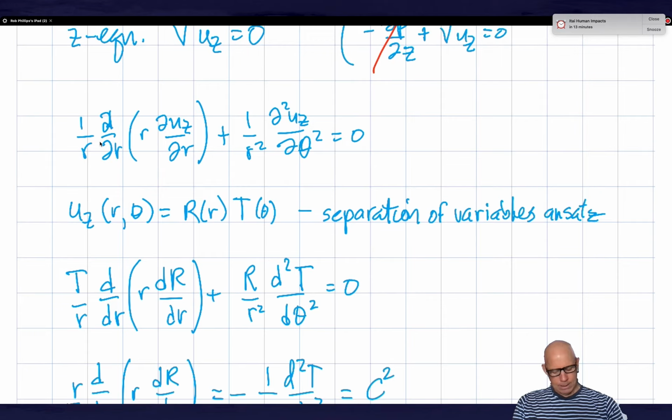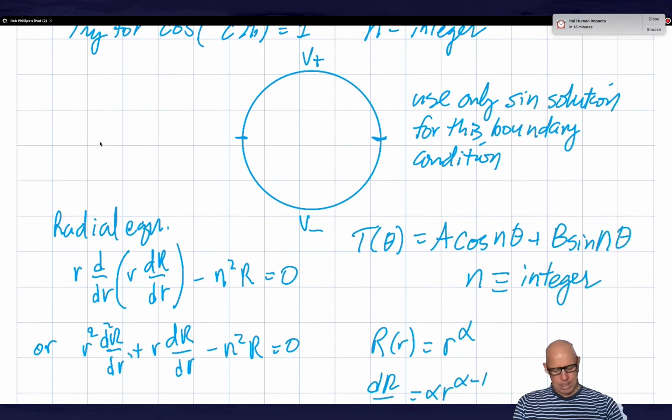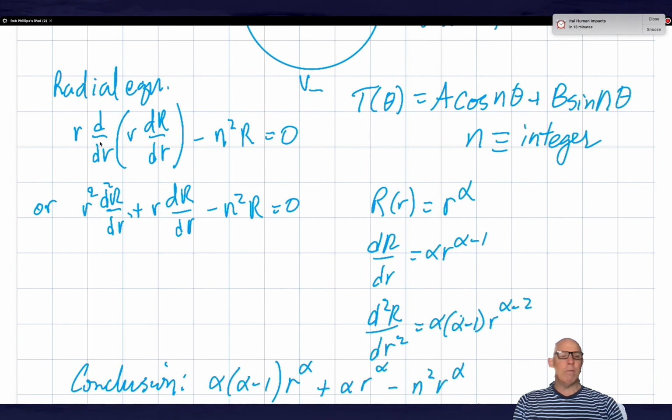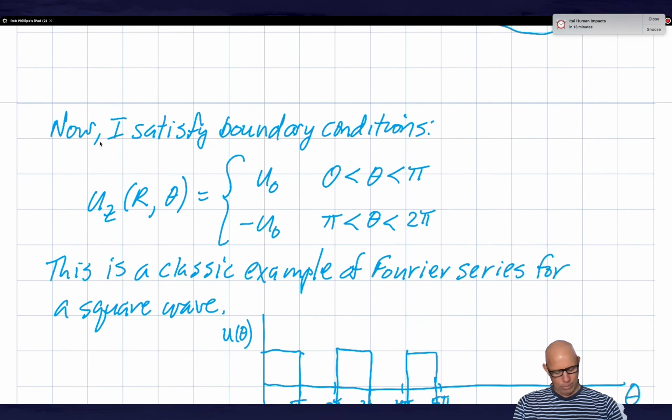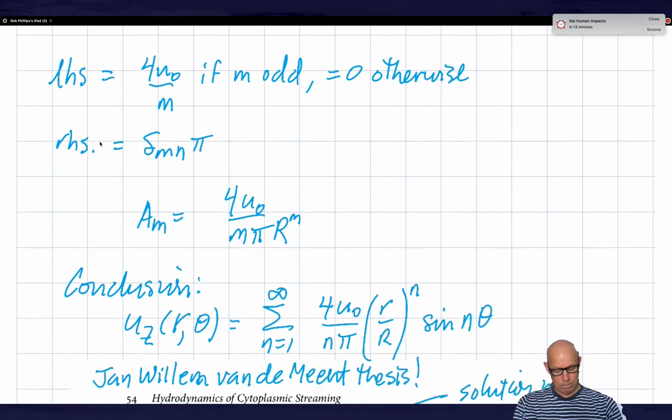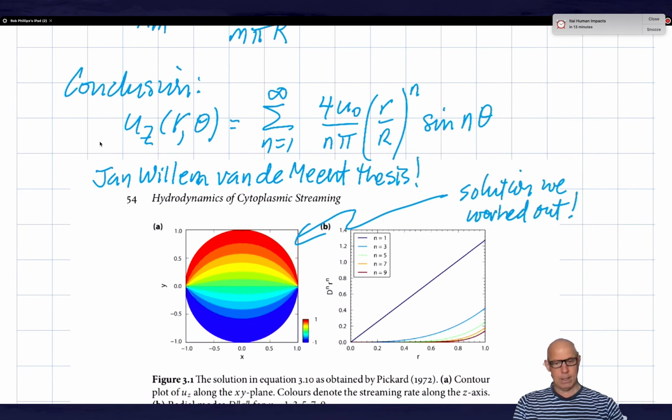So we basically solved this PDE. We invoked the tools of mathematical physics in order to find the coefficients in our Fourier series, and we got out this beautiful result, which I show you right here, for the velocity profile as a function of x and y,